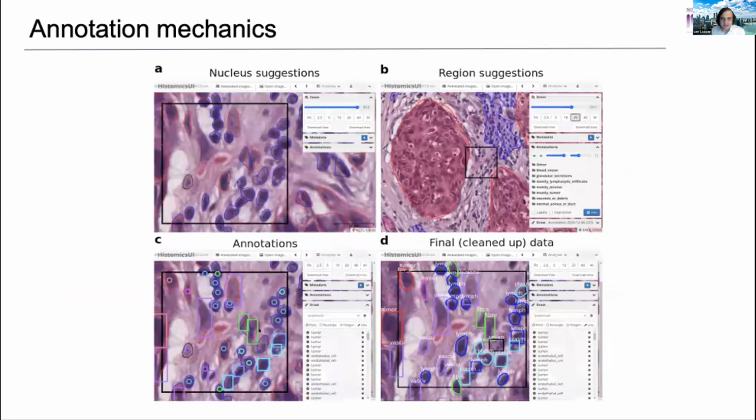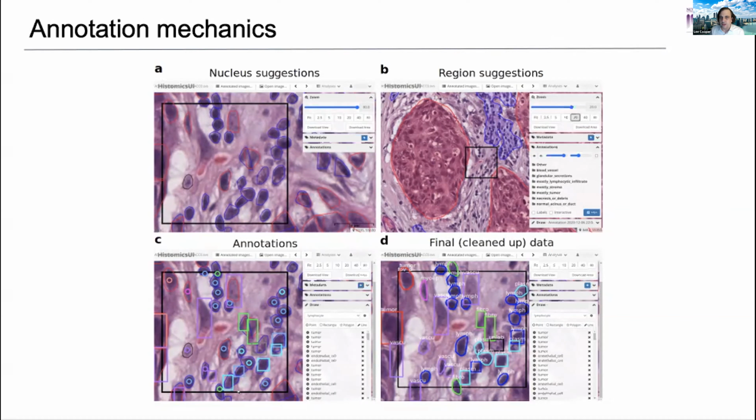So the mechanics of the annotation are that we have a weak algorithm that goes in and makes suggestions for the humans. It's a very weak segmentation algorithm that does a decent job, but not good enough at segmenting nuclei. It just uses basic image analysis, like primitive operations. Then we use rules based on morphology to classify things into different cell types. That's an example of what the human beings will see when they're doing the annotation work. We also provide suggestions from region annotations from our data set we developed previously.